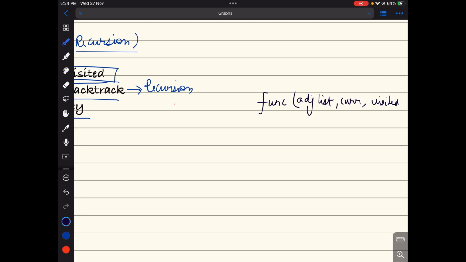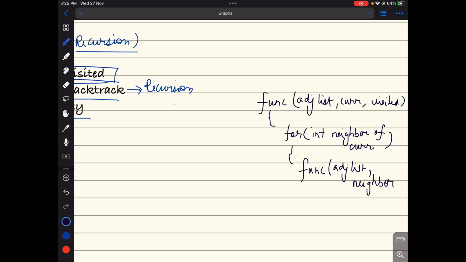In this function I will run a for loop where I will get each neighbor of current node. Okay, and for each neighbor I will recursively call this function again over the adjacency list, and here the current will be changed with neighbor,